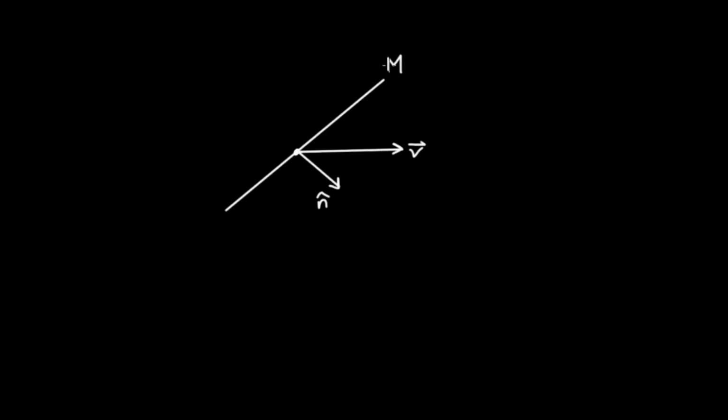What I have here is a mirror, which I'm going to draw in by this line here, called M. And associated to that mirror, I have a normal vector called n hat. And remember what the normal vector is. That's a vector which is perpendicular to the plane, or in this case a line because we're working in 2 dimensions. And I have my vector of interest v. And what I want to do is take this vector v and reflect it through the mirror. Now our intuitions are going to tell us that the vector should land somewhere over there, but let's be more